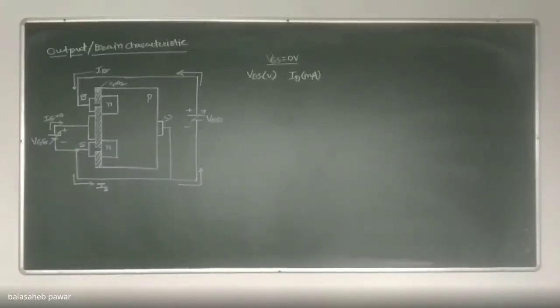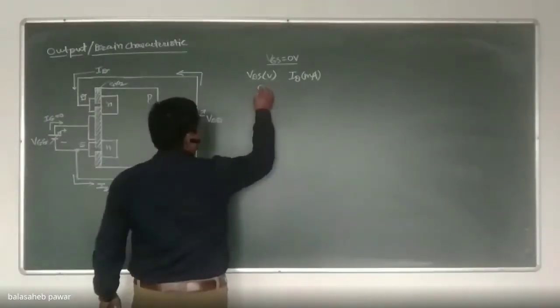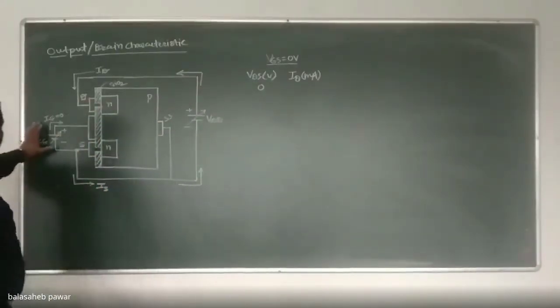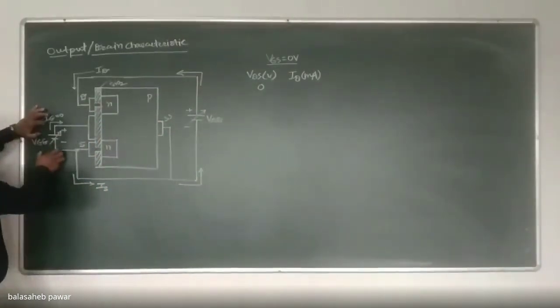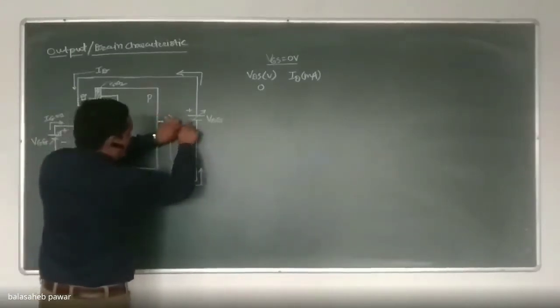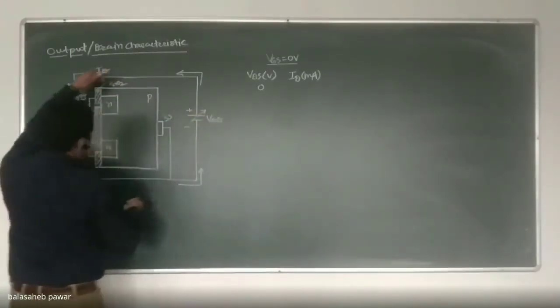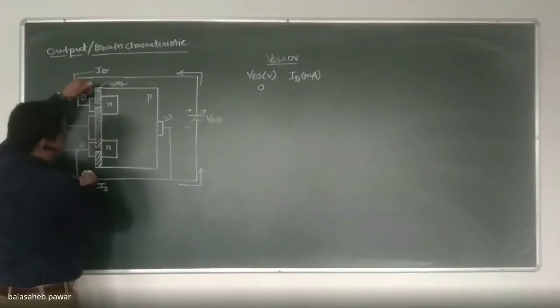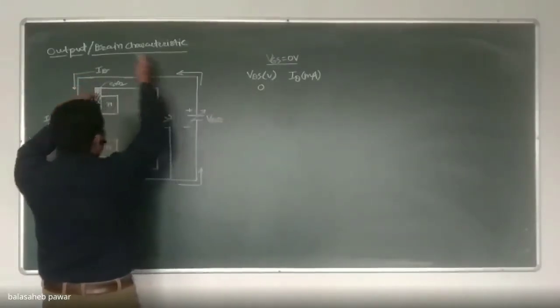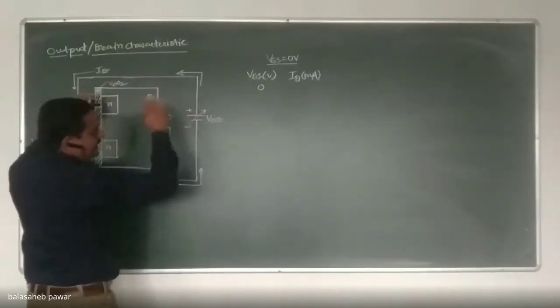Okay, so see, first of all we're going to change this VDS from 0 volts onward, right? This is my first reading. Are you getting what I considered? First of all, I kept this VGS, by this VGG, at 0 volt, and I will be able to keep it constant at 0. And what I will do is change this VDD, that means the voltage applied to the drain with respect to source. That we will be able to change, and we'll note down the effect on ID.